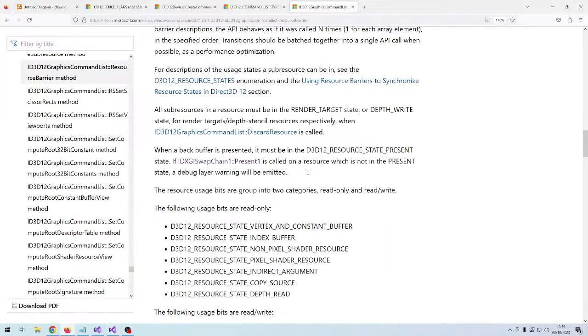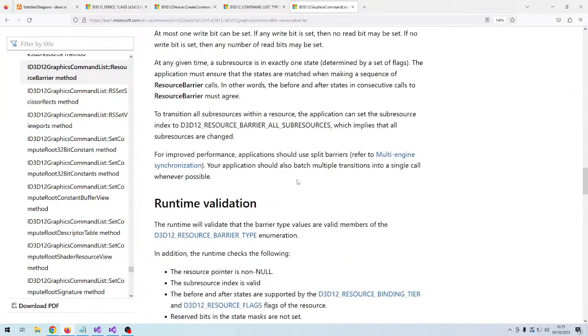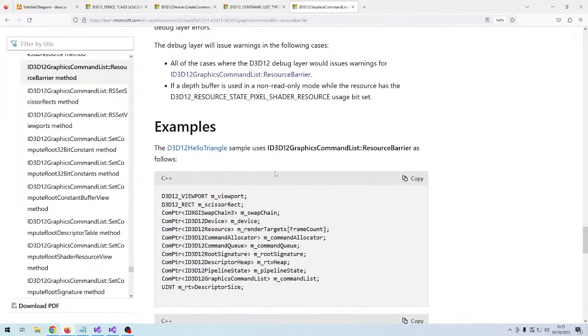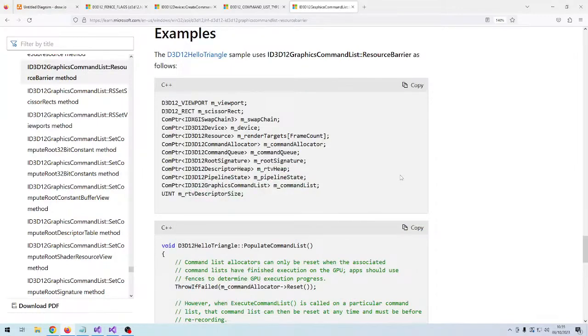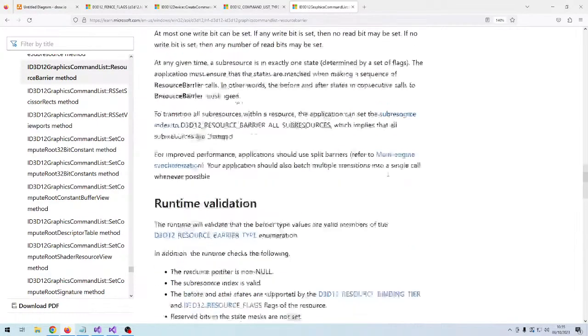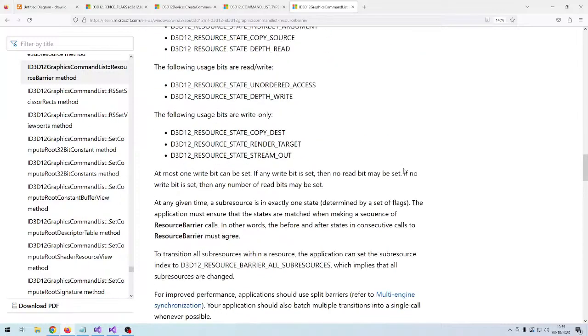Whenever we have to change the state of our resources, we probably need to use the device for that. Most Microsoft documentation on this topic uses a helper in the